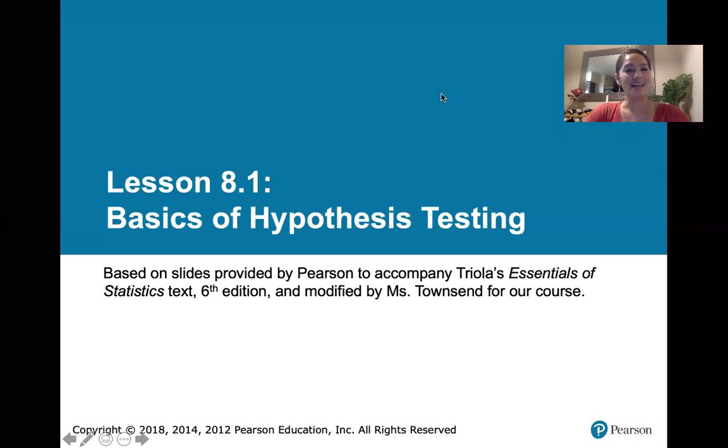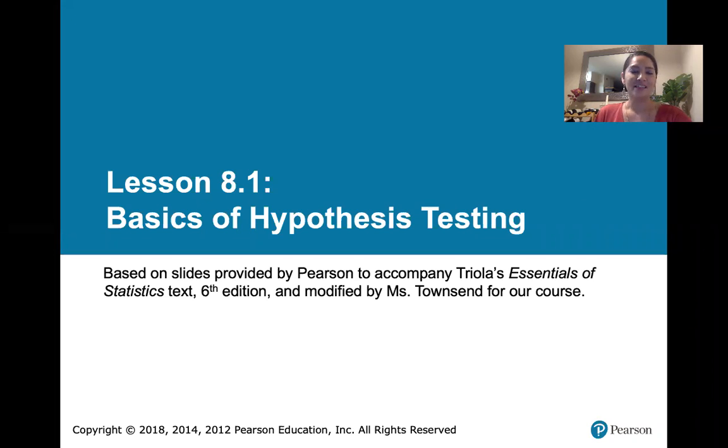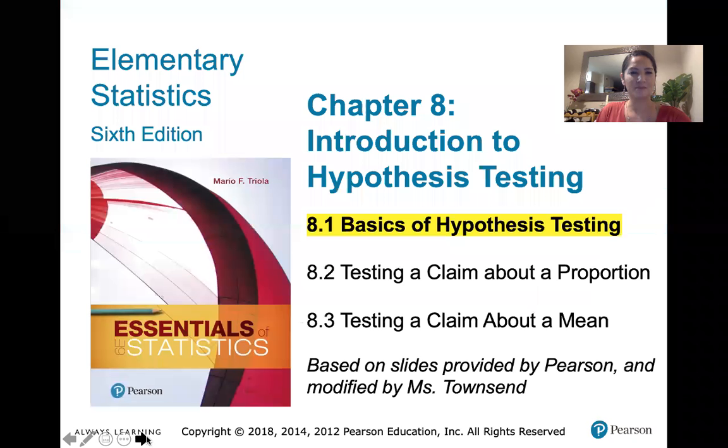In this video, we provide a lesson overview of lesson 8.1, which is about the basics of hypothesis testing. These slides are based on slides provided by Pearson to accompany our textbook and modified by me for our course. This is the first lesson in 3 lessons from chapter 8, which covers hypothesis testing that we'll be covering in